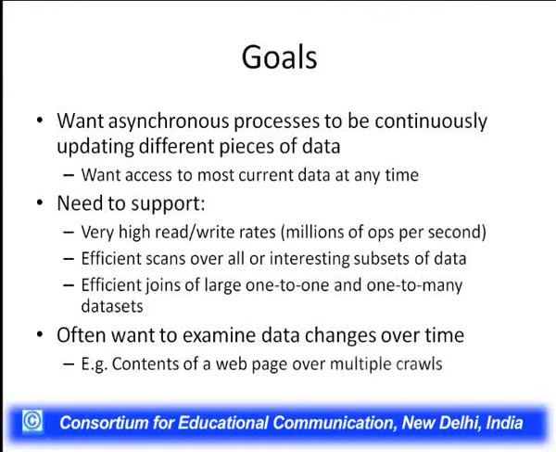They are not synchronized, so this kind of database should be able to handle any kind of synchronized or unsynchronized access. Then it needs to support a very high rate of reads and writes, because Google handles millions of operations per second.